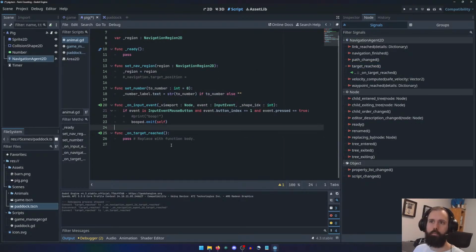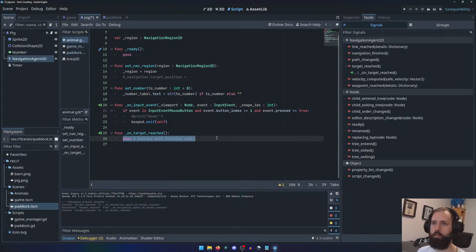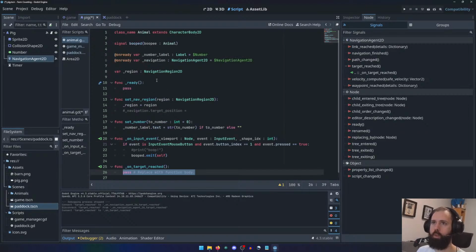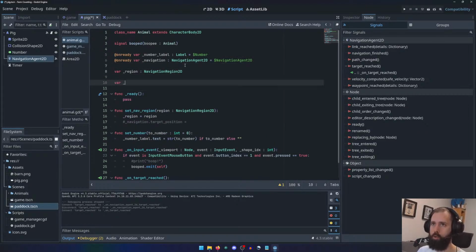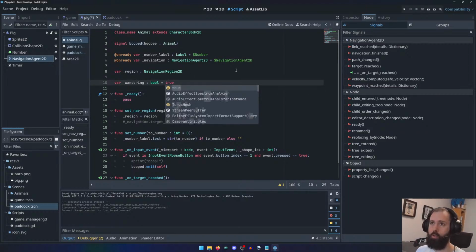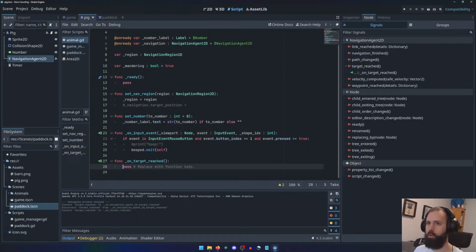Get rid of that. There's no arguments, it's fine. When they reach the target, I will start with a Boolean variable for whether or not they are wandering with the default value of true. When they reach their target, if wandering,